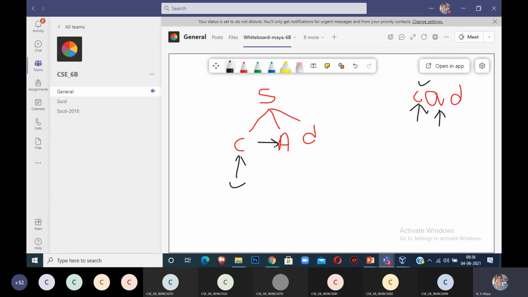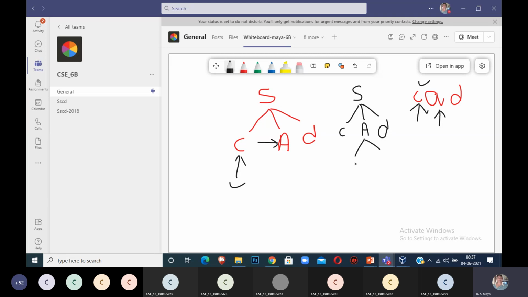The pointer now is at A, which is a non-terminal. Then I have to look for replacing it with the production for A. How many productions are there for capital A? Look at the grammar, how many productions are there? You have to choose the first leftmost production.